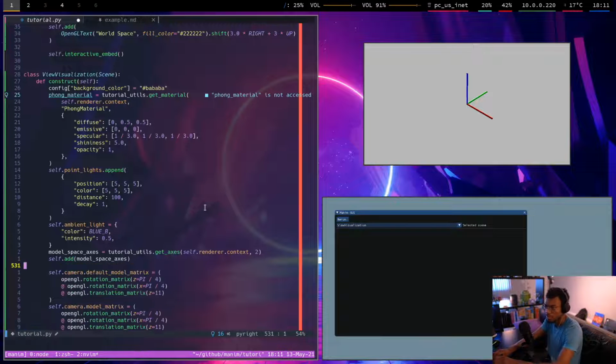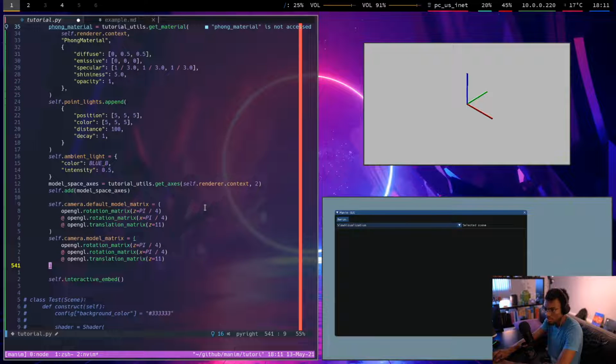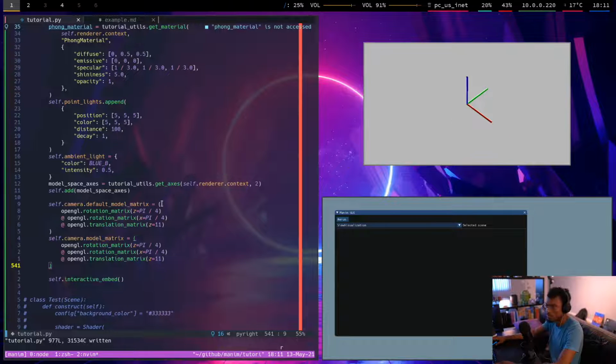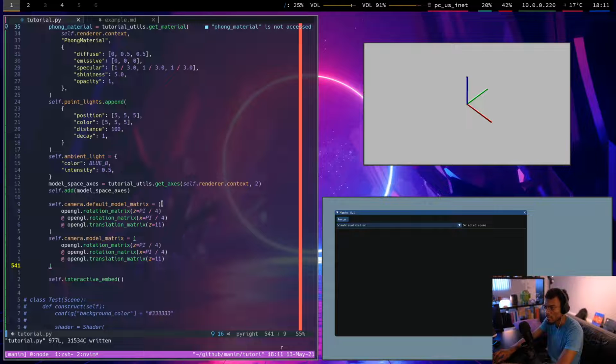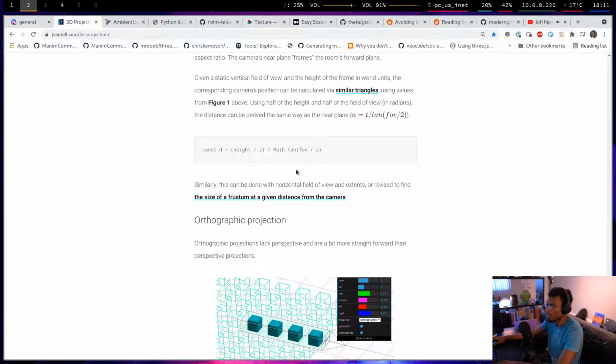So I'm just going to move these lines. It's going to move where the camera starts. Okay, now we have a view of the X, Y, and Z axes that gives this sense of depth. So that's good. And with the view matrix,